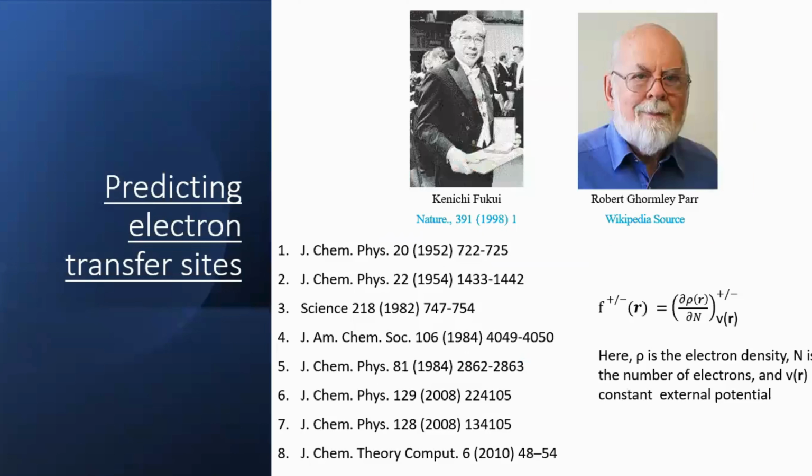Then we need to know another important concept, Fukui functions and the frontier molecular orbital theory. Kenichi Fukui is probably the first Japanese scientist to receive the Nobel Award. In Asia, he may be among the top 10 research scientists who received the Nobel Award, probably after C.V. Raman. Kenichi Fukui was an organic